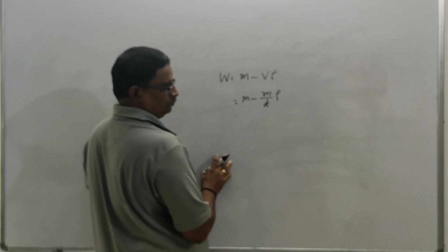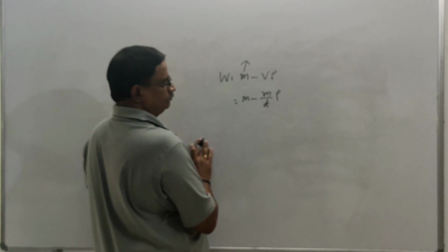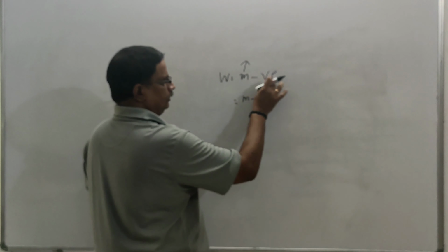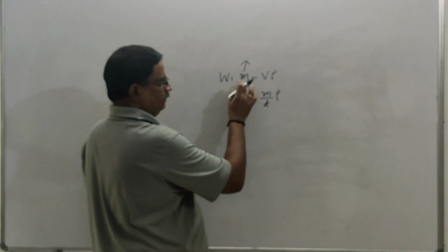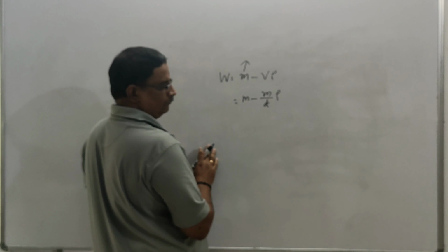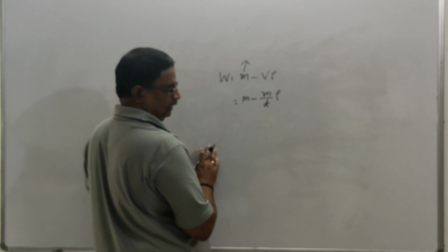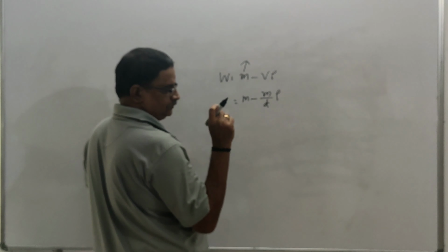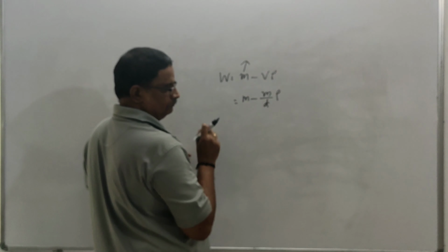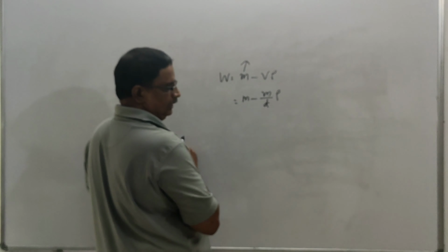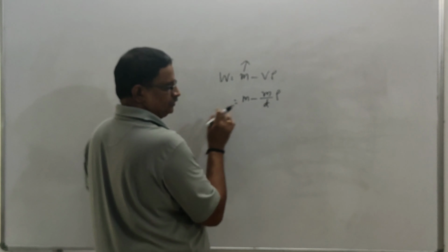Equal masses. So many will be looking only here. They forget that there is a second term. Those who look only here will say all of them will have the same loss of weight. It is not like that. Only the masses are the same. It is not mentioned that the volumes are the same. So volume is mass by density. Masses are the same. Densities are different.